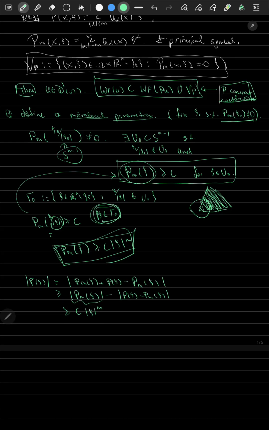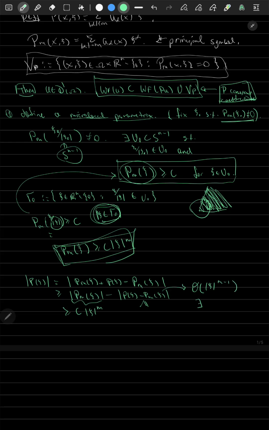So this guy is bounded above by. Well, note that this is a polynomial without its principal part. So that means it is a polynomial of degree m minus 1. And a polynomial of degree m minus 1 is O of xi to the m minus 1,